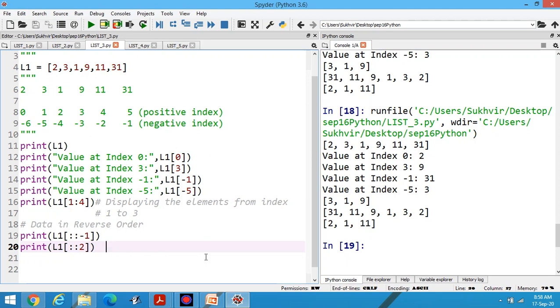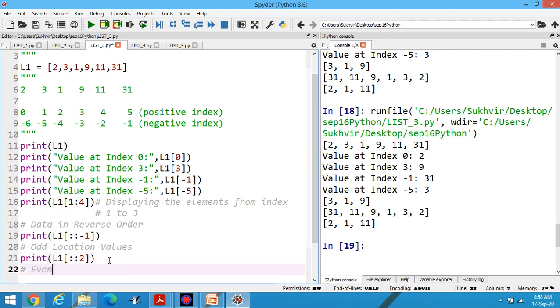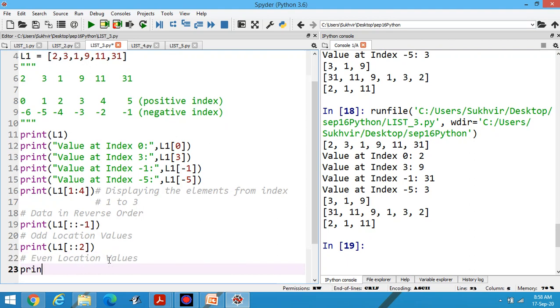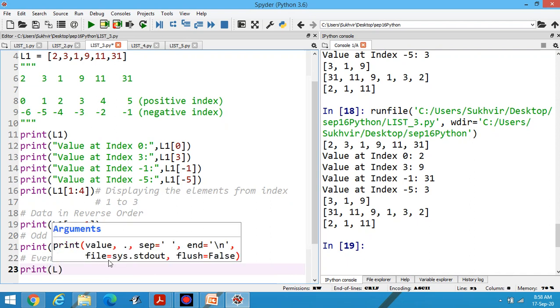If I have to display these values, you can say odd values, odd location values. Suppose I have to display even location values, then print L1 inside square brackets.